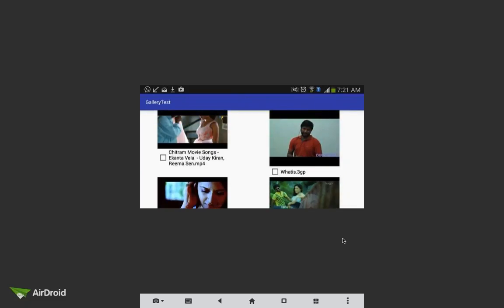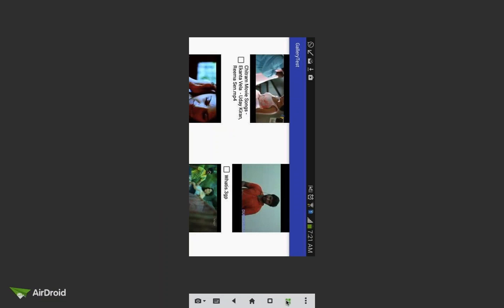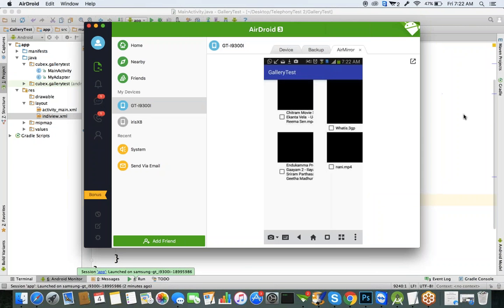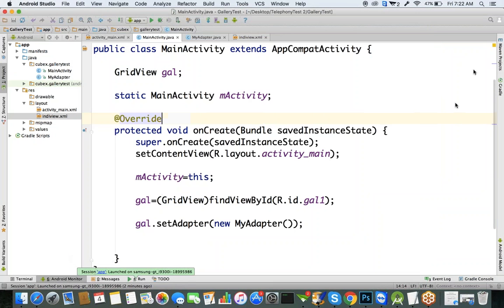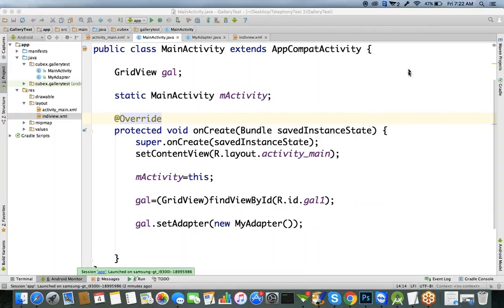Vertically, if you want to present, go with list view. Horizontally, use a component called gallery. And if you want to present a combination of both vertical and horizontal, then use the grid view component. Okay, so this is about the custom adapter concept. The videos are already shown, so if you have any queries, just listen to the